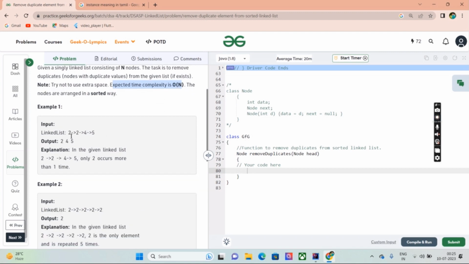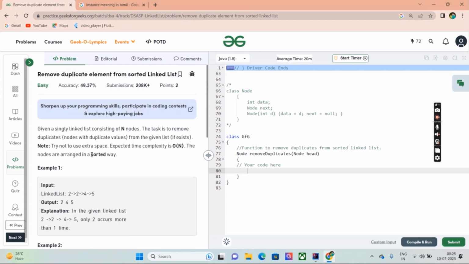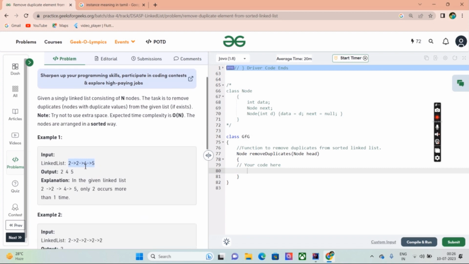Let me explain this problem simply. Initially we'll be given a linked list in ascending order. The linked list is sorted in ascending order. We have to find whether the linked list contains duplicate values or not. If we find a duplicate value, we have to just remove the duplicate values and arrange the linked